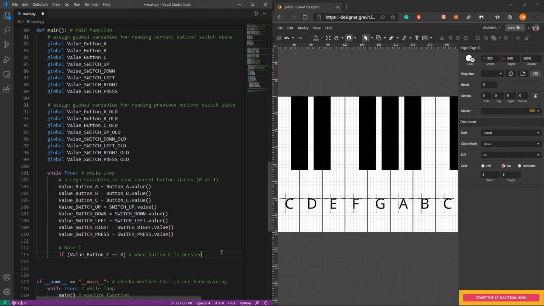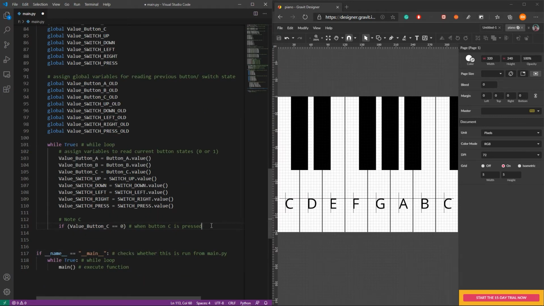Normally when we use buttons, they often generate false open-close transitions when pressed. That is due to mechanical and physical issues. These transitions are sometimes read as multiple presses in a very short time. So to get rid of this issue, we can debounce this input, which means we are checking twice in a short period of time to make sure the button is definitely pressed. To debounce the input, we can have another if loop.